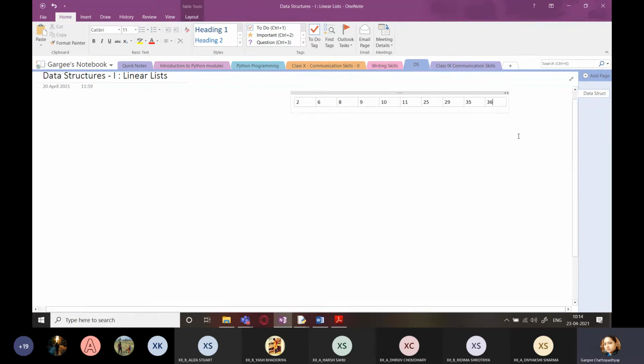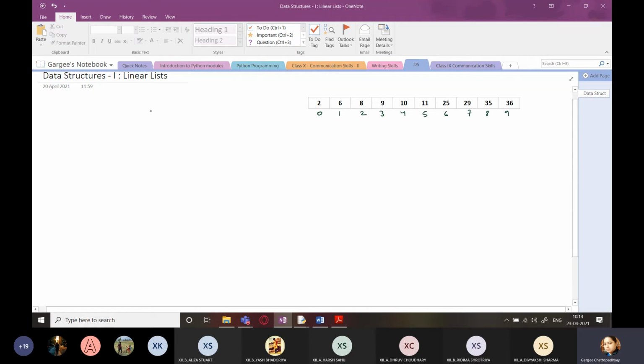So here we have elements already in the sorted order. Let me increase the size a little bit. Fine. And I'm going to number the array elements: 0, 1, 2, 3, 4, 5, 6, 7, 8, and 9.